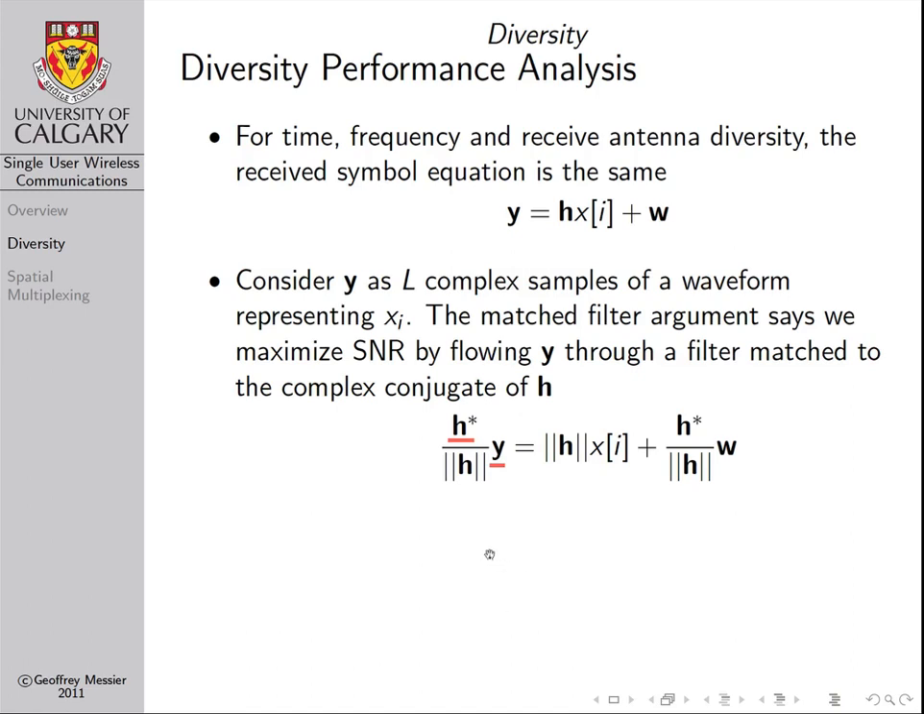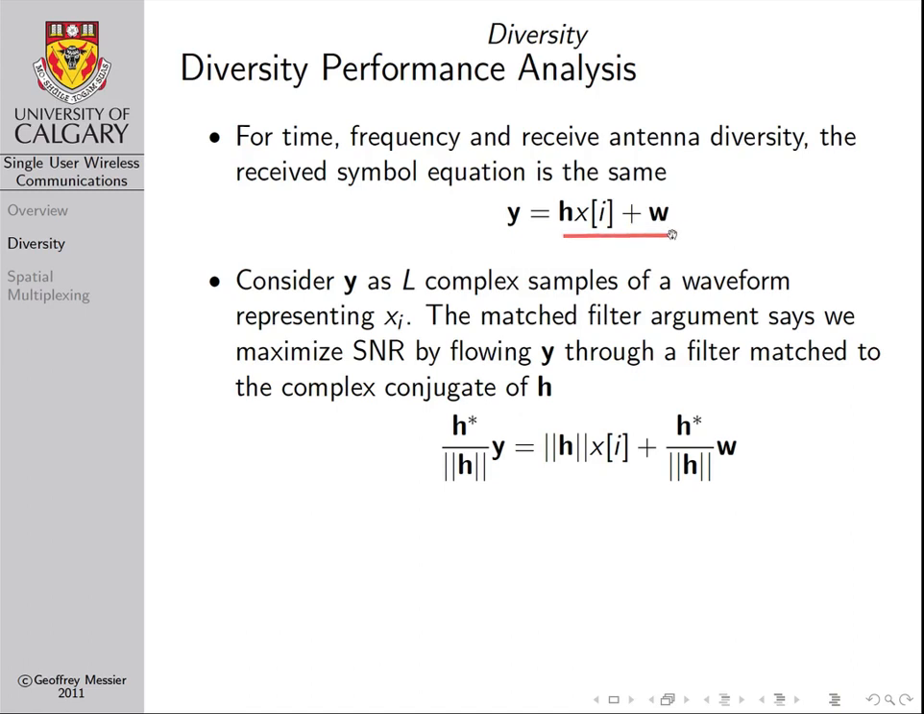The other thing we do here is we normalize the conjugate transpose of H by the norm of H. This normalization factor is basically to ensure the variance of the noise remains unchanged, and it serves much the same effect as the normalization did in our BPSK derivation. And so, if we take the